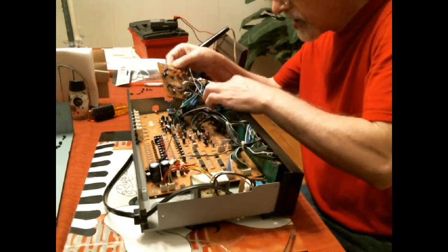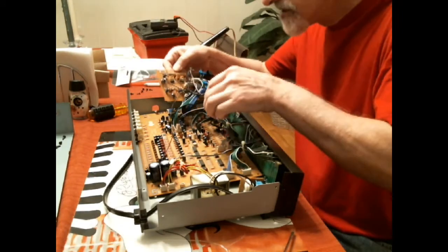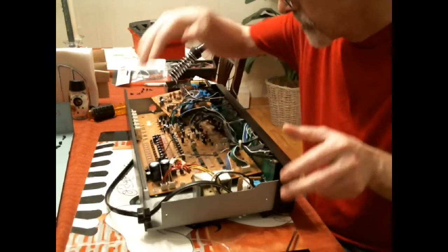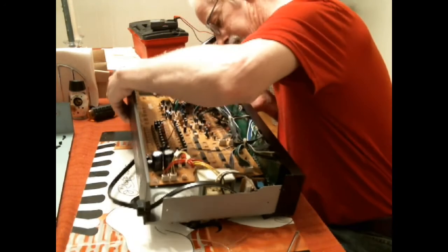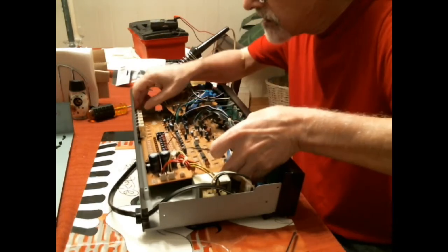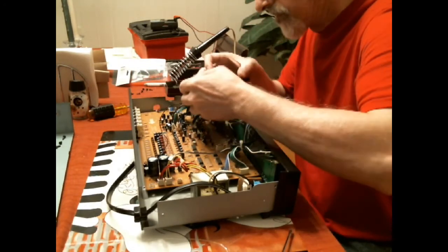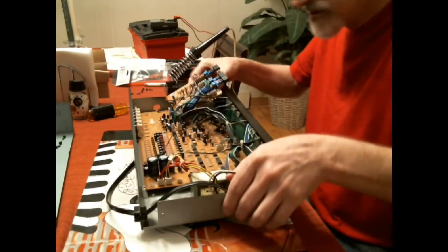So let me see if I can situate it before I pause the camera. It's not as easy as you might think, because it was a very big job trying to manipulate this to try and get it open enough so I can go and solder. This is not very conducive to. Okay, we gotta get these. The RCA jacks for the connections are in the back, and they go through these holes. So it was, like I said, kind of a major job to get this thing to work right. I'm trying to get this. So anyway,